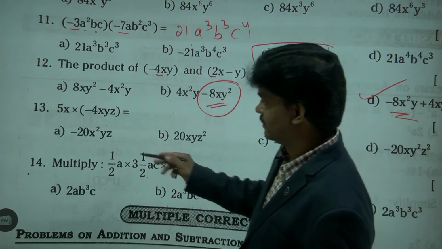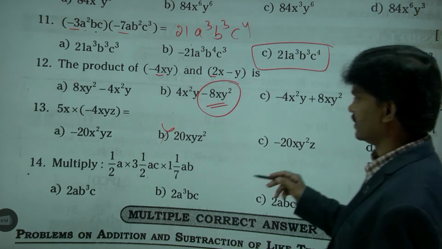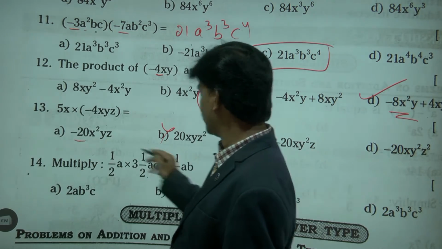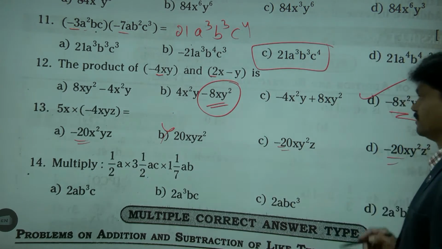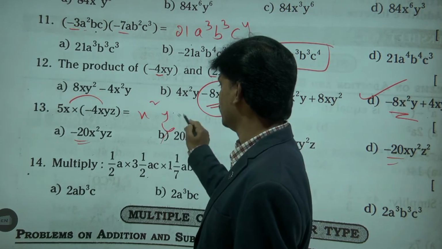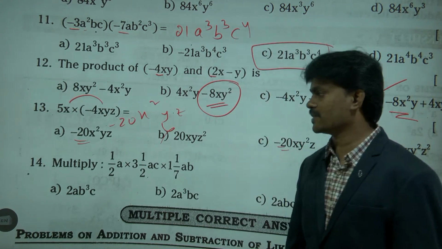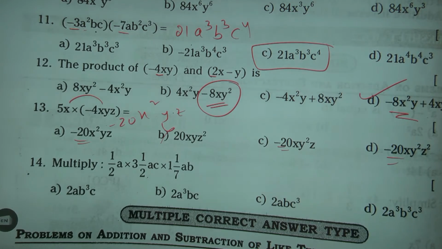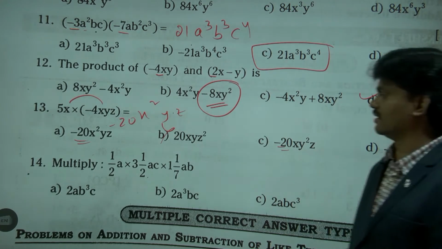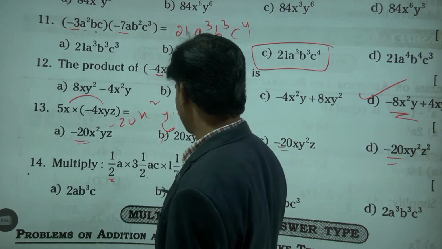So here you can see minus will come. This is not, and yeah, three options are there. And all we have minus 20, minus 20, minus 20. And let us check the powers. X power 2 you will get, y z. Minus 2 x power 2 yz, option A, right? Hope you're following.